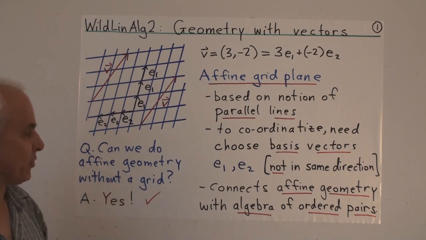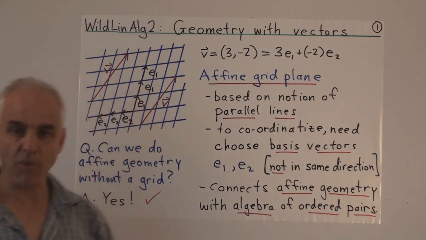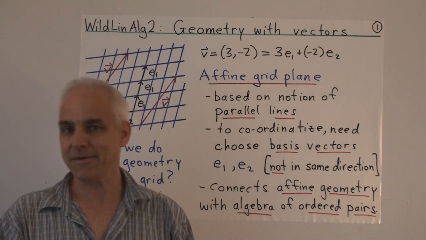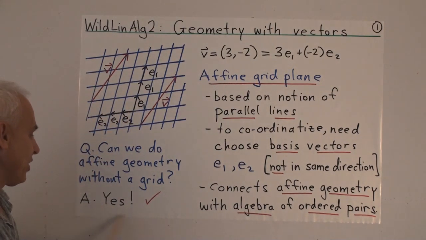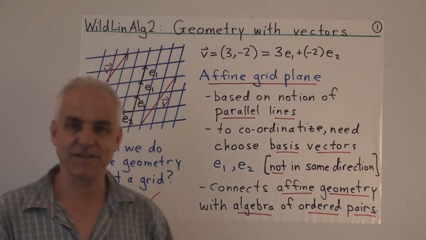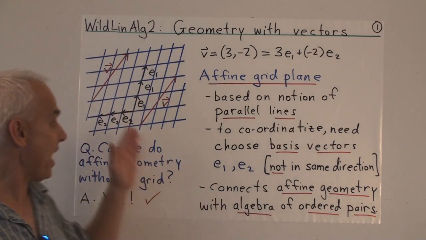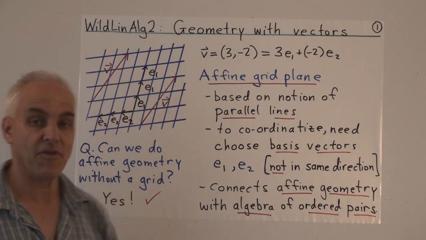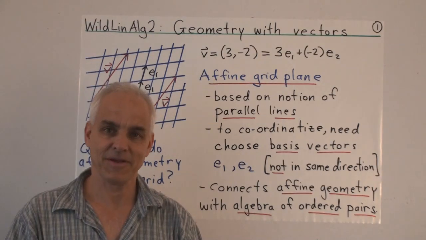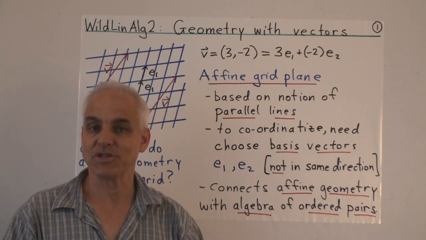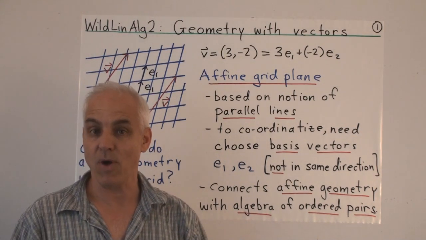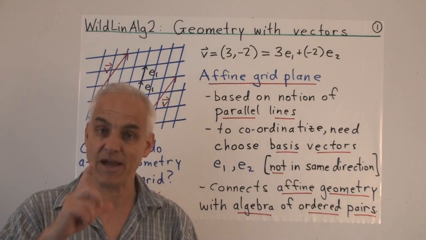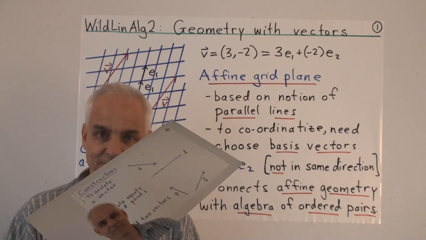But a natural question is, do we need all the time to go through the work of drawing a grid plane to start off with? Well, it turns out that we can avoid that, and today we're going to do geometry without a grid plane like this for reference. To make that work, we're going to establish first some basic constructions that you can do, starting with basically a white page, and just the notion of vector and parallel line.